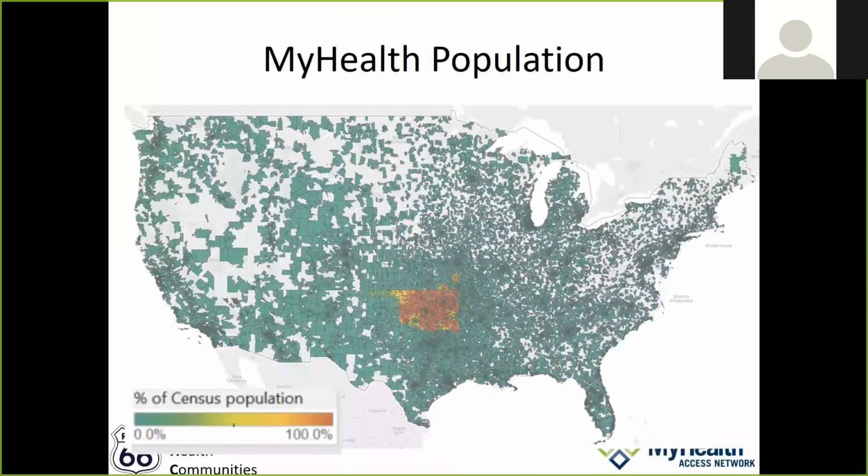And in Oklahoma, as you may know, we have a health information exchange called My Health Access Network. That was the first project that we undertook together as a community. And you see here the patient home addresses for people who've received care or services in Oklahoma and have their data in the My Health system. So what you see there is really good penetration across Oklahoma and quite a shocking amount of care delivered to people who live around the country.